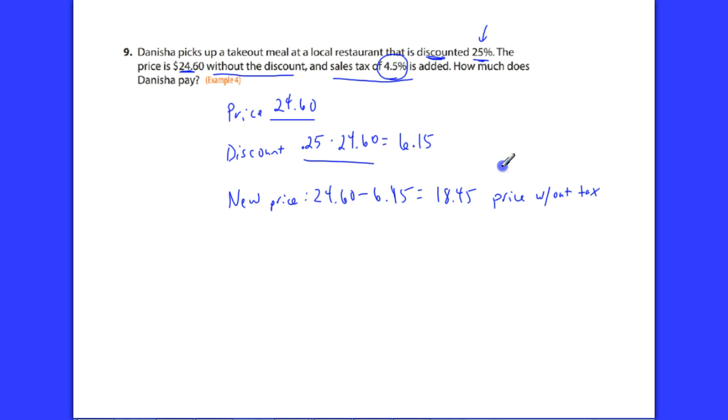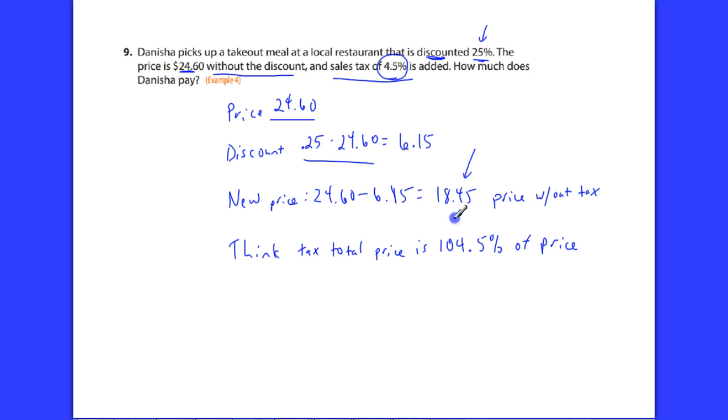So there's two ways we could do this. The long way would be to figure out what 4.5% of this is and then add it back into there. But I'm going to show you another trick here. If you think like this, think, okay, the tax total price is, now watch this, instead of saying 4.5%, 104.5% of the price. Because what you're doing when you pay the tax is you're going to pay that amount and then